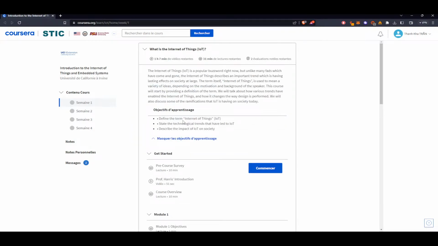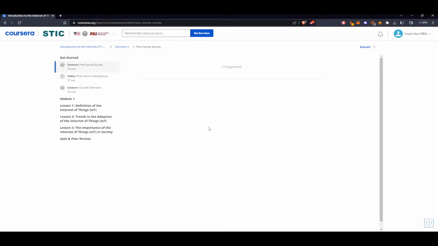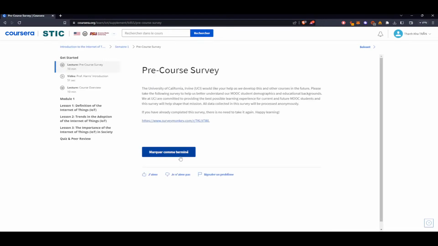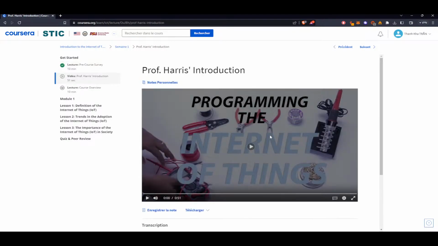Objective: define the term Internet of Things, the technological trends that have led to it, define the effect of Internet of Things. Survey, we'll do it later if we have time.